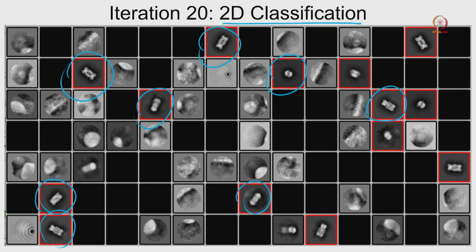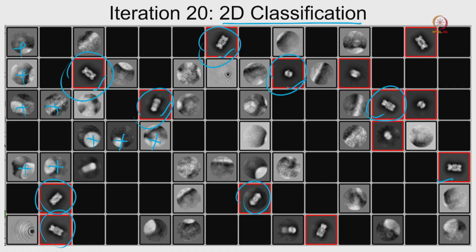When we get 2D averages, if you see all the details and a perfect shape, that means whatever cryo freezing we did, that sample is good, we have good contrast and the molecule is stable, so we can use it for 3D classification. And we can also clean our data set, because using this method we get rid of those junk particles.